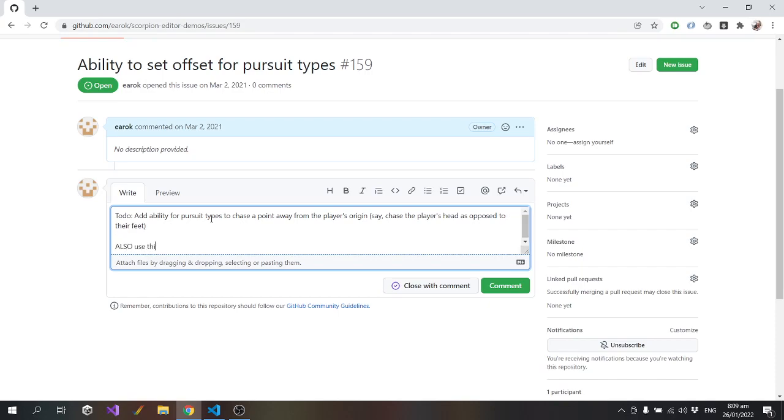Also use this offset for lock types, the offset from the parent. So yeah, should add two more variables for offset x, offset y, and then I can use that for different movement types to be able to set an offset from the origin.